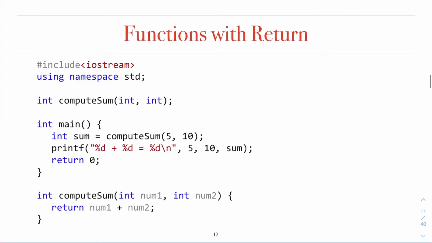Now when it comes to functions with a return value, the two examples you saw before are called procedures in Pascal. If some of you learned Pascal before in high school, you may be familiar with this concept. However, if a function must return some value, then it's no longer a procedure but a function. Pascal has another concept called function, right? And so here we go, everything comes into one single concept called function in C and C++.